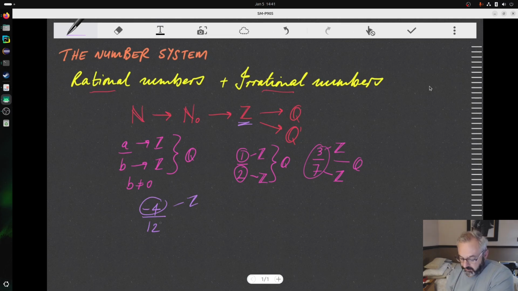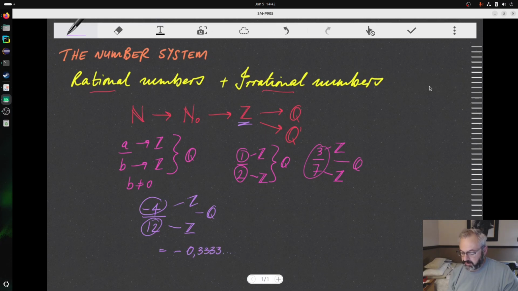What about 12? Of course, 12 is also an integer, and so we can say that our fraction, negative 4 over 12, is a rational number. All right. Now, what is negative 4 over 12? You can take your calculator and we can calculate it. So negative 4 divided by 12 gives us a decimal number of negative